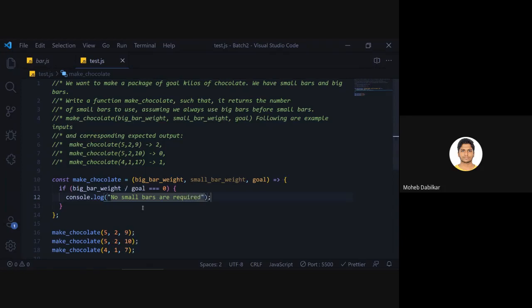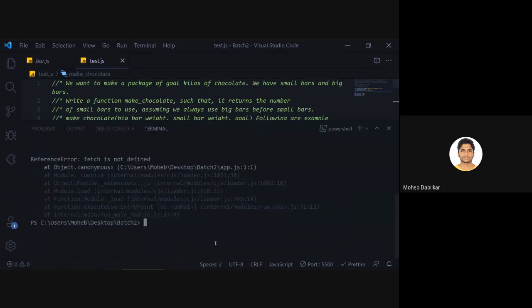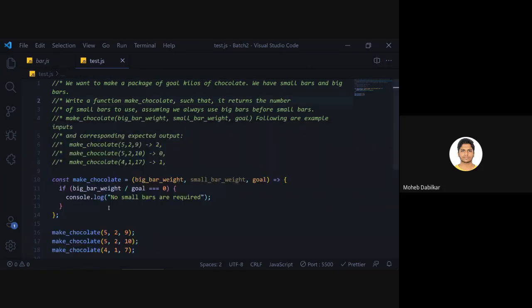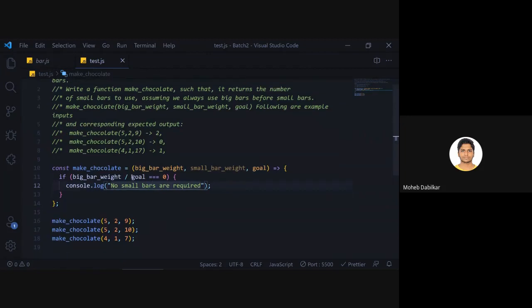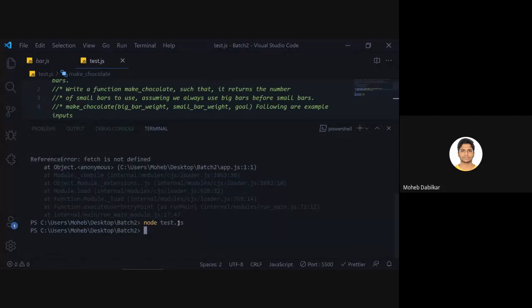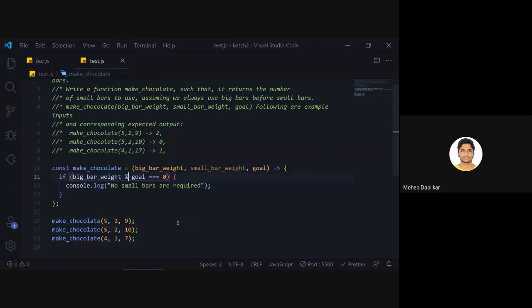Okay, let's type in node test.js. It just does not return anything. Let's see this now. At least this is working.